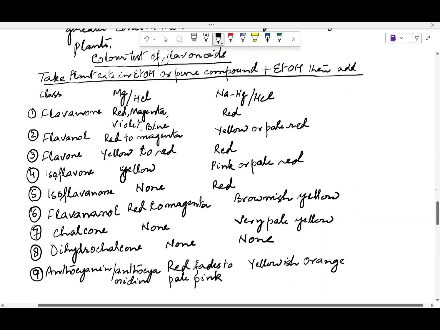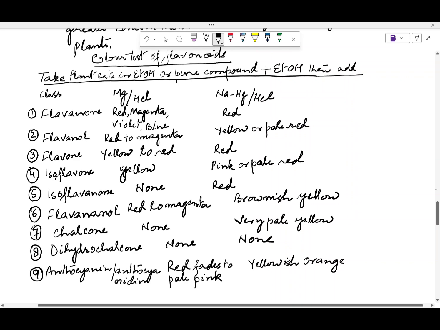And similarly, with the chalcone, there will be no color with the magnesium HCl. It remains as such. And with sodium amalgam HCl, it will give you a pale yellow color. And dihydrochalcone will show no color either with the magnesium HCl or with the sodium amalgam HCl.